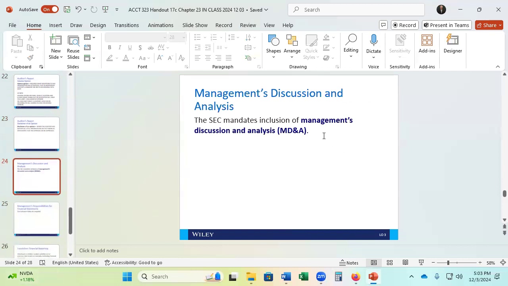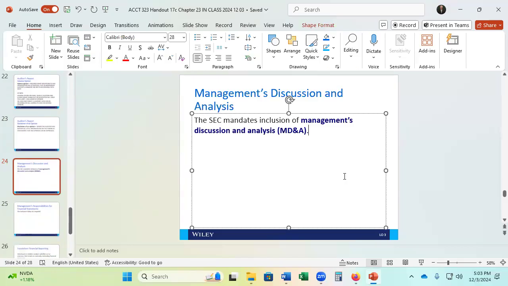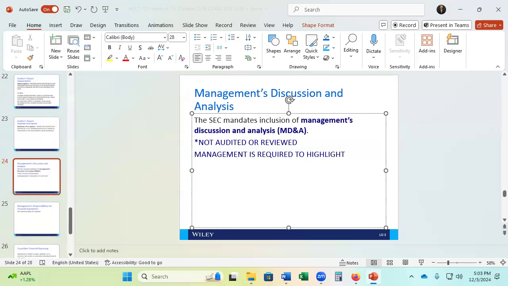Couple more. Management's discussion and analysis. So this is not audited or reviewed in the sense that auditors are performing specific procedures on it. Management is required to highlight favorable or unfavorable trends related to